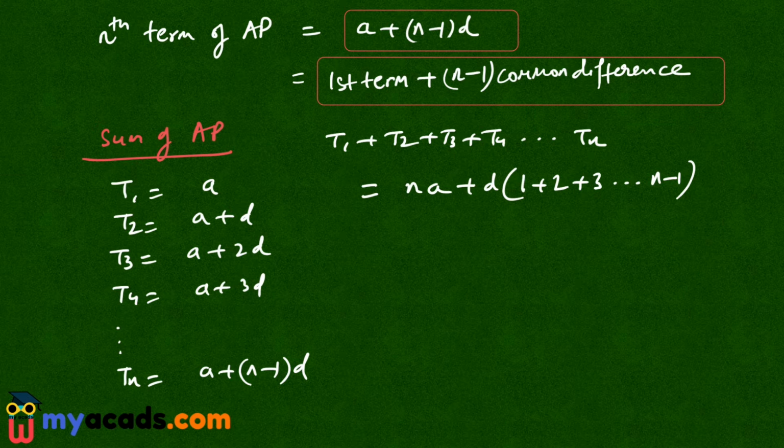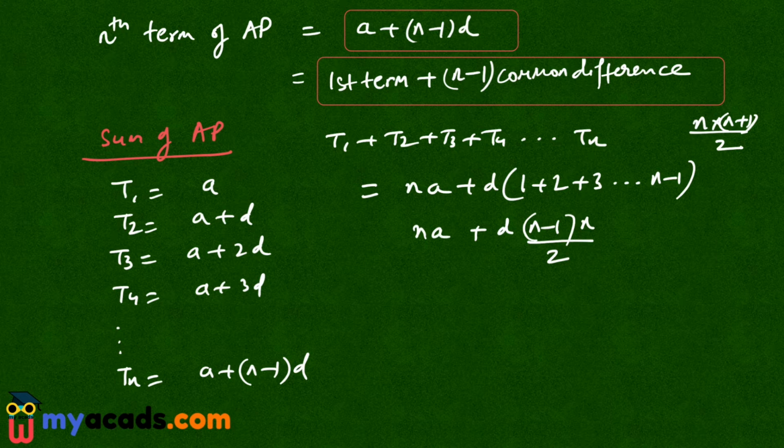My sum of n natural numbers is given by n into n plus 1 by 2. Now this is n minus 1 natural numbers, so it will become n minus 1 into n by 2 multiplied by d, plus na. Now I can take n by 2 common, so what is left is 2a plus n